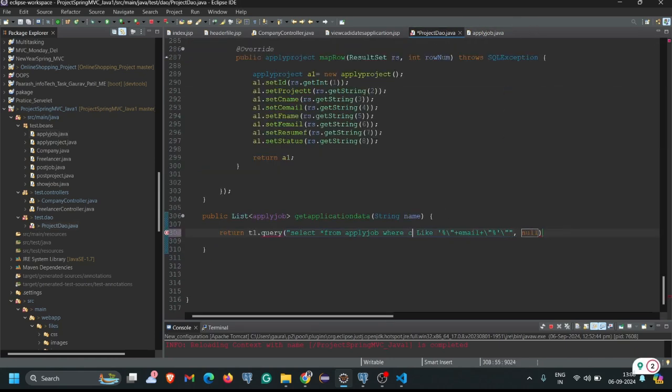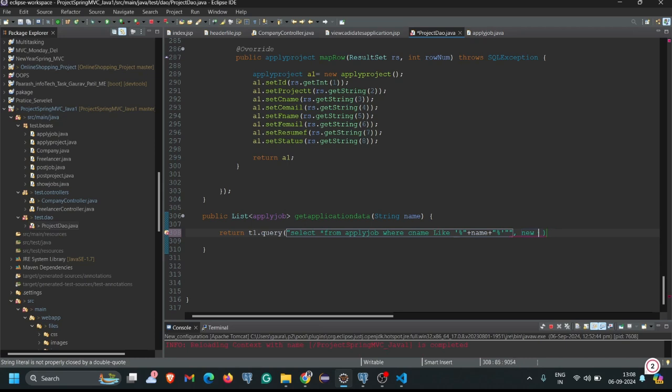Okay, so cname like, and we have to write here name, not email. So I just remove this slash from here, and with the help of name we can now easily get the data. So I'm just replacing the email with the name. Okay, now we have to write a similar thing here, that is a new. I have to remove the slash from here also. Okay, so new